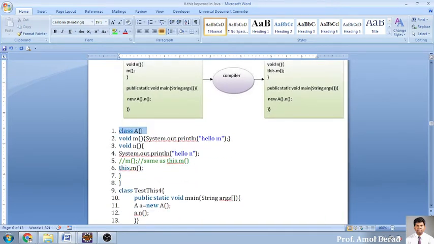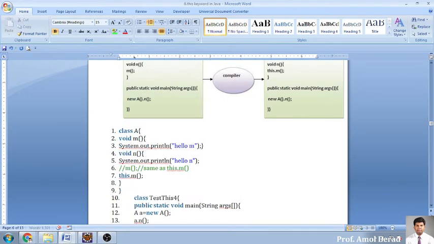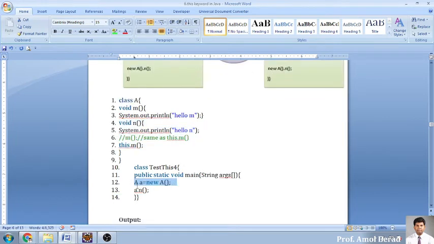Same program I have written over here. This is a class that contains m as a function. This is the m function, and there is the n function, and I am calling this with the this keyword. So we will get an output that is object a dot n. N will be called and will be calling this function.